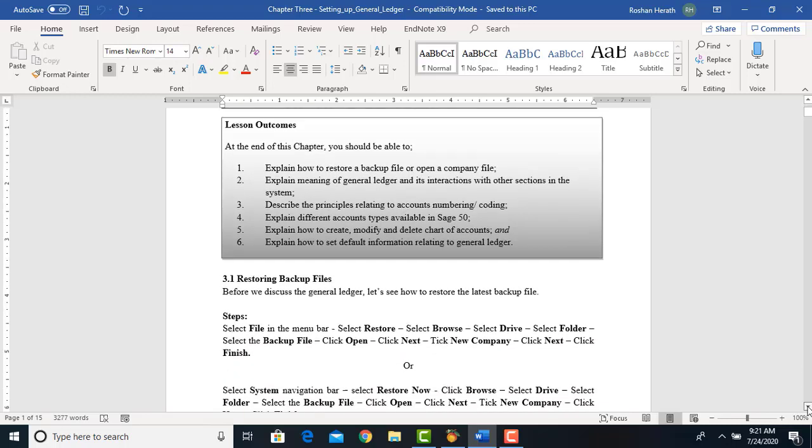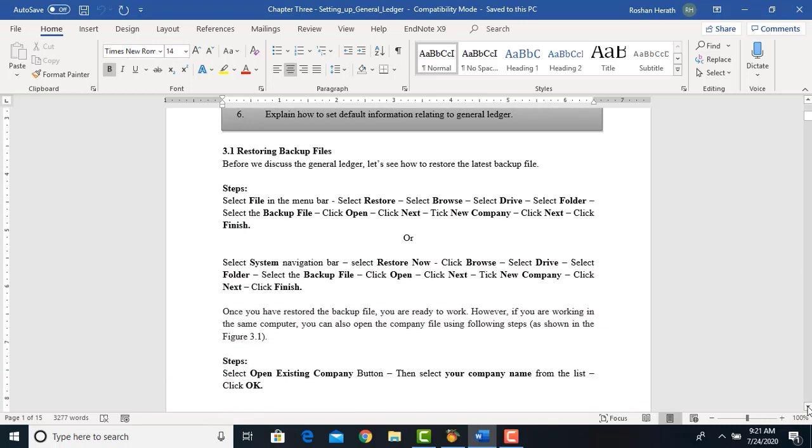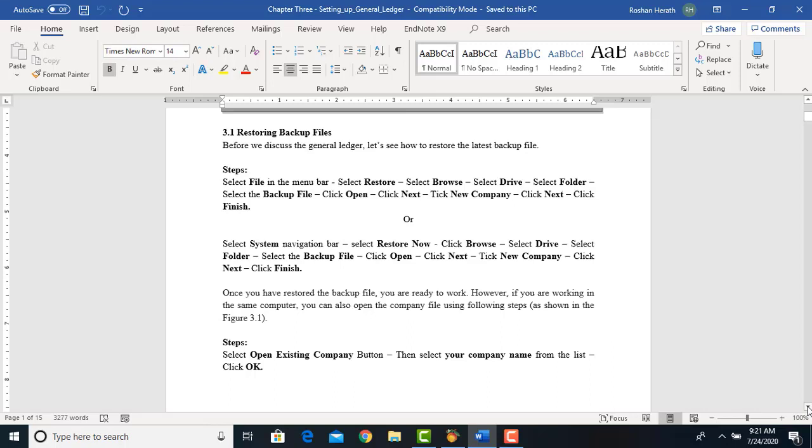Now we'll move on to the lecture. Here, first we are going to see how to restore your backup file. The path is very clearly given. There are different ways of restoring the backup file. In the first method, you have to go to File in the menu bar, then go to Restore, then browse, then select the destination, and then you can say